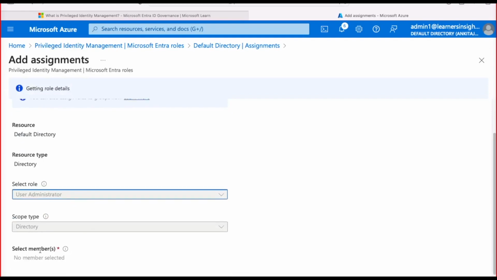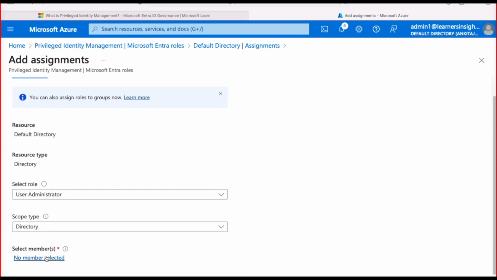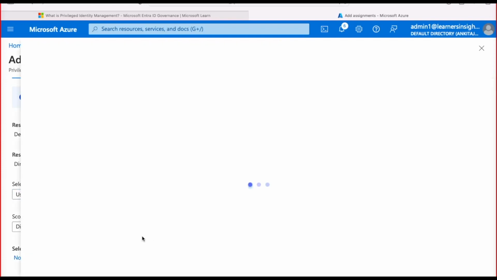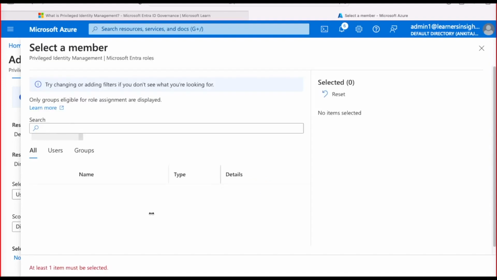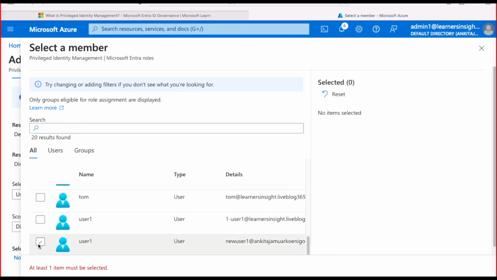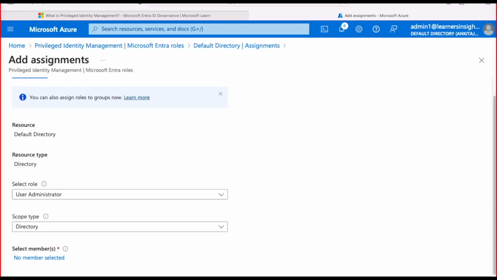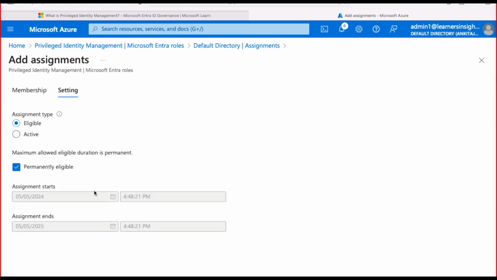And then I have to select which member I want to make a user administrator under PIM. In the user list, I have already created a user called user 1. So I will assign the user administrator permission to that user. I have user 1 here and I will select this. Click on next. Then on the next page, it will ask eligible or active assignment. In the eligible assignment, you can make him permanently eligible. Or if you remove this option, you have the option that from